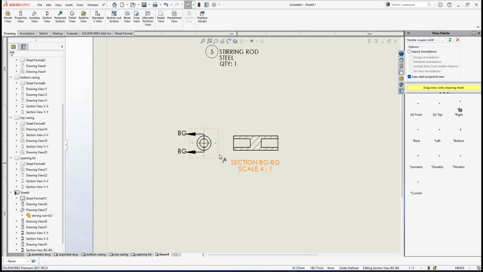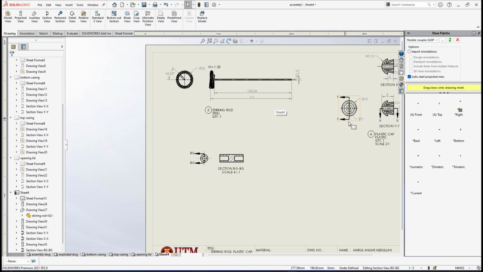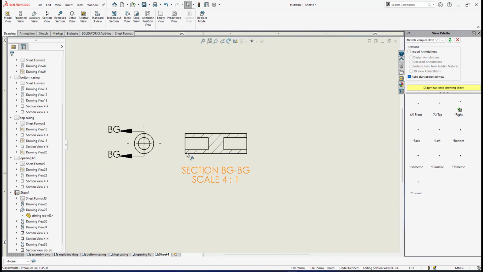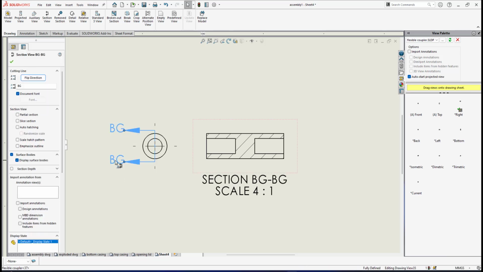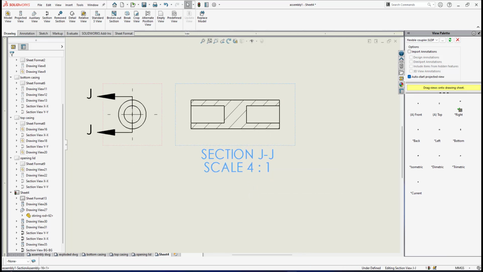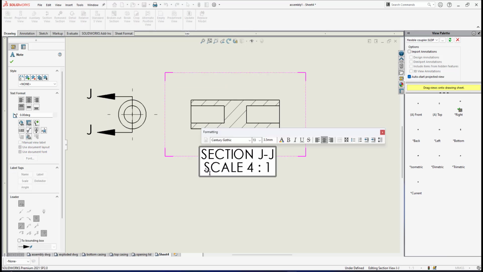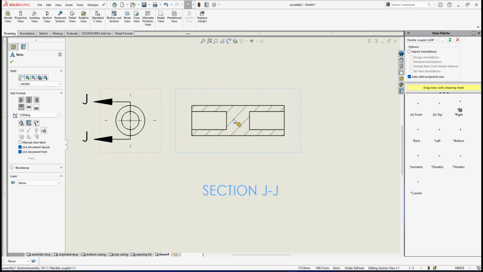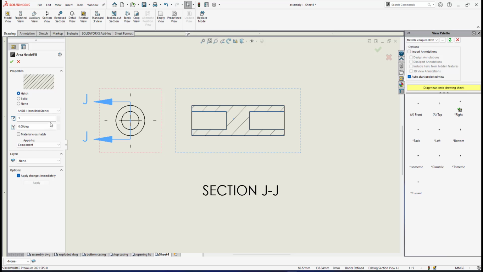Okay, just click OK. Then, about the label, I already have X, X, Y, Y. Actually, we can go for any label, but this one I go for J. Here I put label capital J. Alright, the scale for 1 I will put later in the bottom note. I just made it like this, section JJ. And about the hatching,